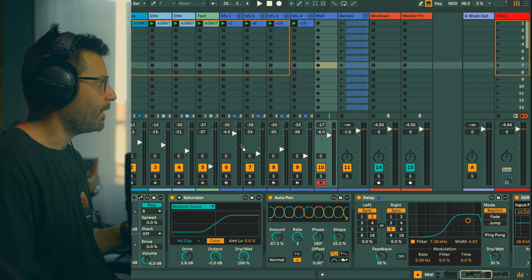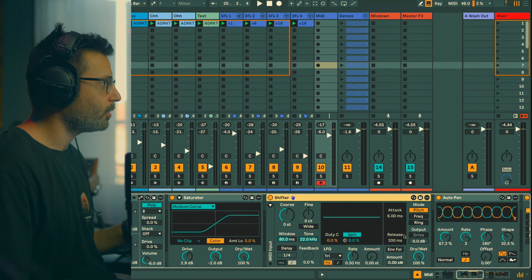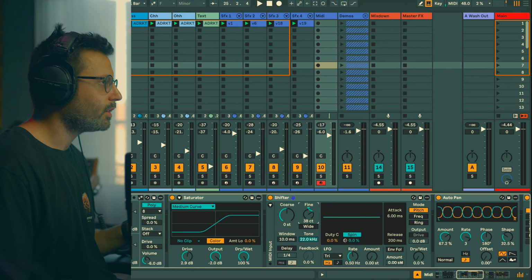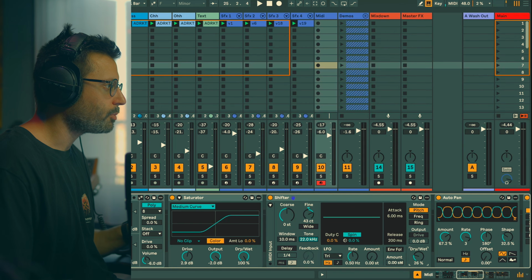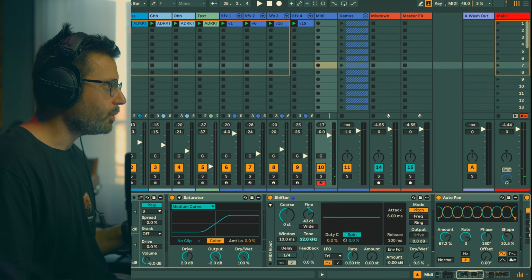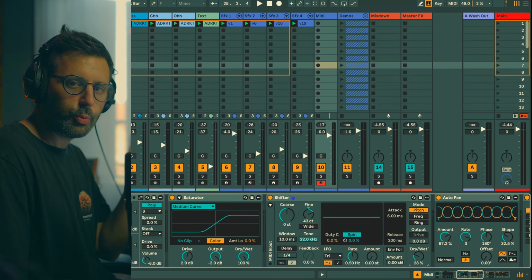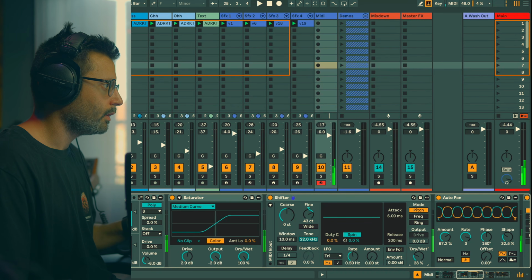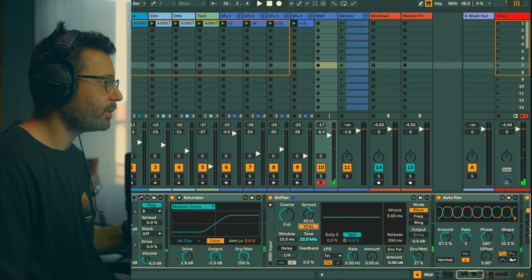Here it's okay. And finally, another thing I like to do is to use the shifter in pitch mode, but the idea is to have one signal which is slightly detuned. So if I put it at 100%, you don't hear a difference. But the idea is to have it just at 30%, so it's gonna create this weird detune effect. Pretty cool. You can even put in wide if you wanna